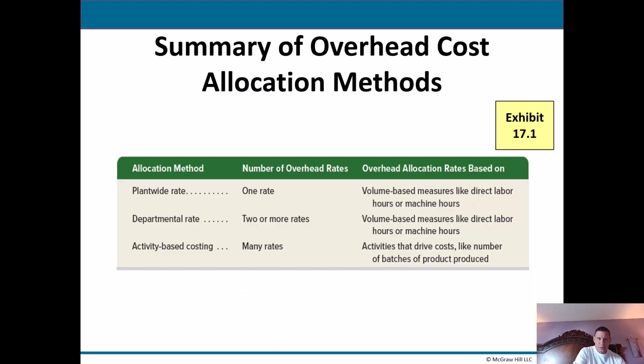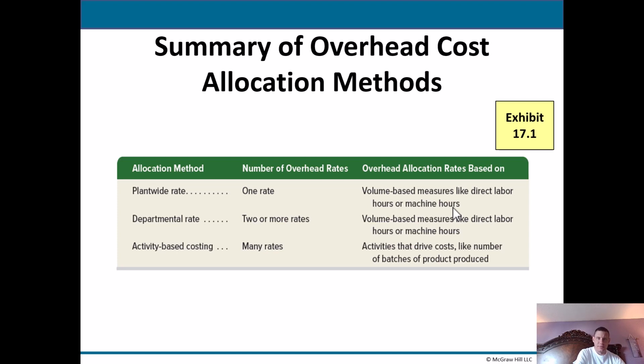All right, so let's start off by talking, just to set this up a little bit, a summary of the different types of allocation methods. The easiest one is probably a good one if the company doesn't have a lot of variance in their products, or maybe they just produce one thing, which is probably unlikely. They could just use a plant-wide rate for allocating overhead. And if they were to do that, then they would use something like direct labor hours or perhaps machine hours, depending on the level of mechanization in the plant